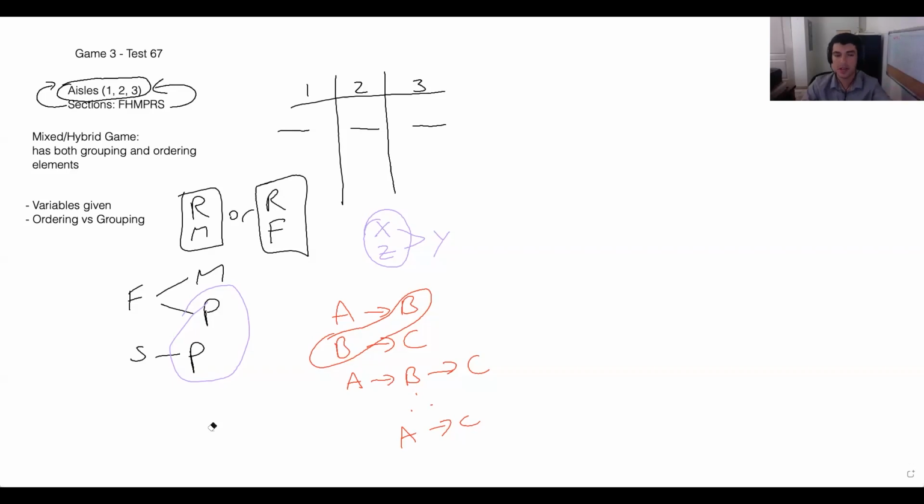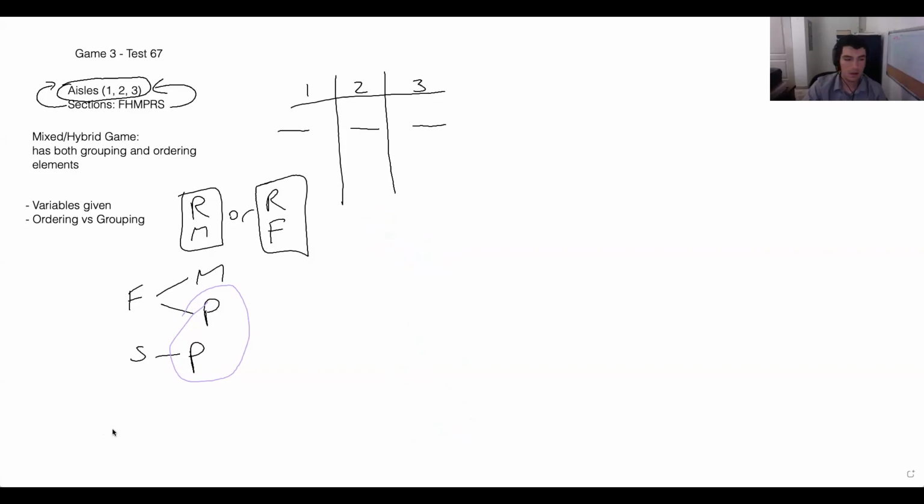So here we see an example on sequencing, but again, we'll also see that on grouping, for example. Or this is a hybrid game, but we see it with a sequencing rule, but it can also be something we'll see with just a pure grouping game as well. Okay, and so let's go ahead and combine those. And then we have our last rule,